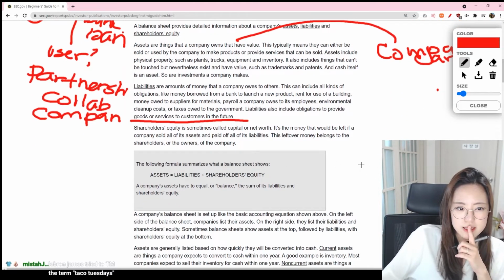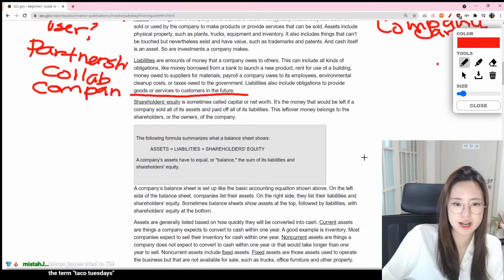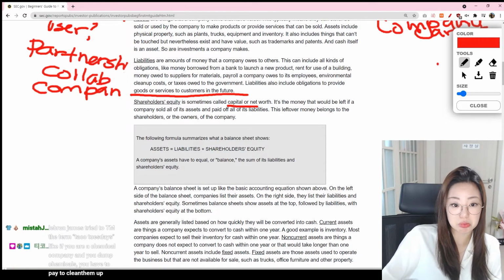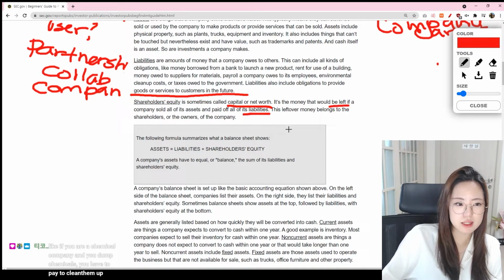Shareholders' equity is sometimes called capital or net worth. It is the money that would be left if the company sold all of its assets and paid off all of its liabilities. Money that is left, so this is